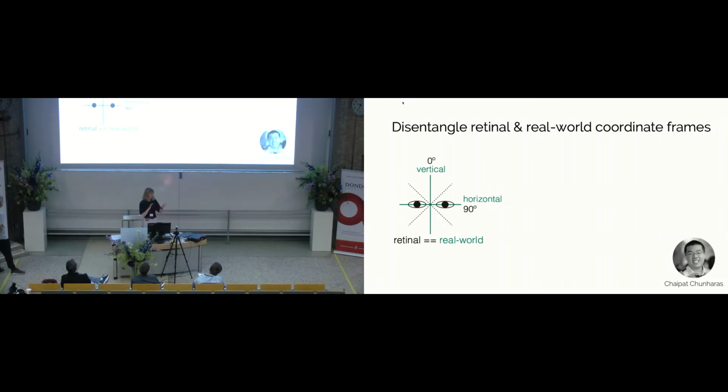So bear with me. Usually your head is upright, and real-world vertical and horizontal are aligned with the cardinal axes as they are presented on the retina. But we can pull these apart. We can dissociate these two reference frames. If we have subjects tilt their head, now the cardinal axes relative to their eyes, to their retina, are tilted relative to real-world vertical and horizontal. The oblique effect we kind of know is this hardwired thing, because you just have more neurons dedicated to vertical and horizontal. So if you tilt your head, you would expect that to rotate with your head.